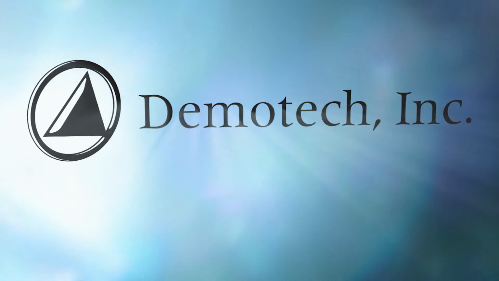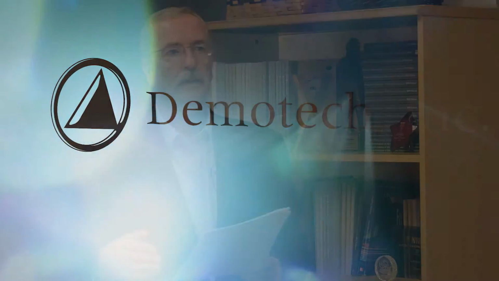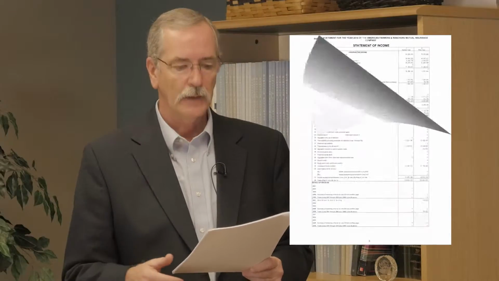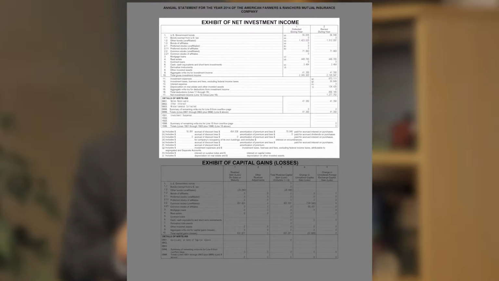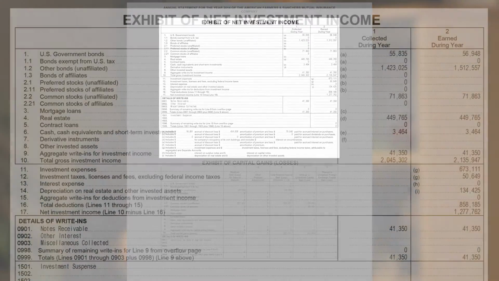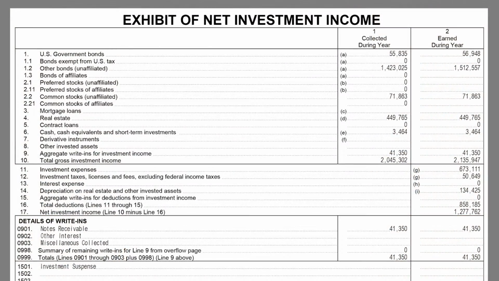Next, we're going to talk about page 12, which relates to the investment income for the company. Page 12 is broken up into two exhibits. The exhibit at the top of page 12 is the exhibit of net investment income, and it's broken out between